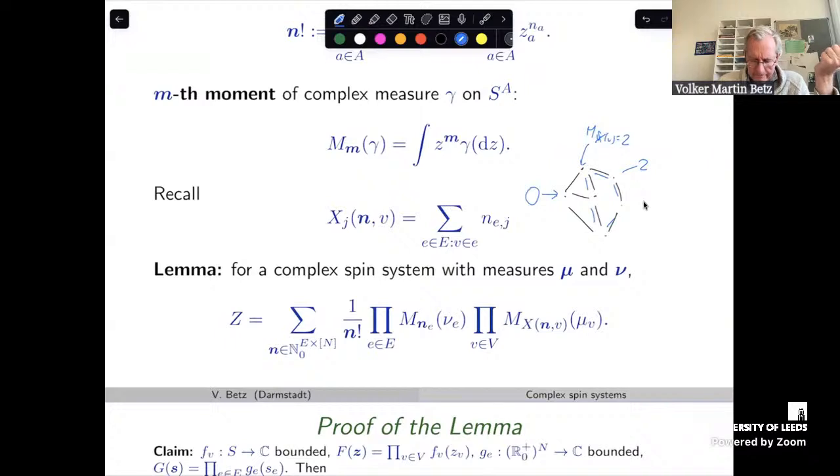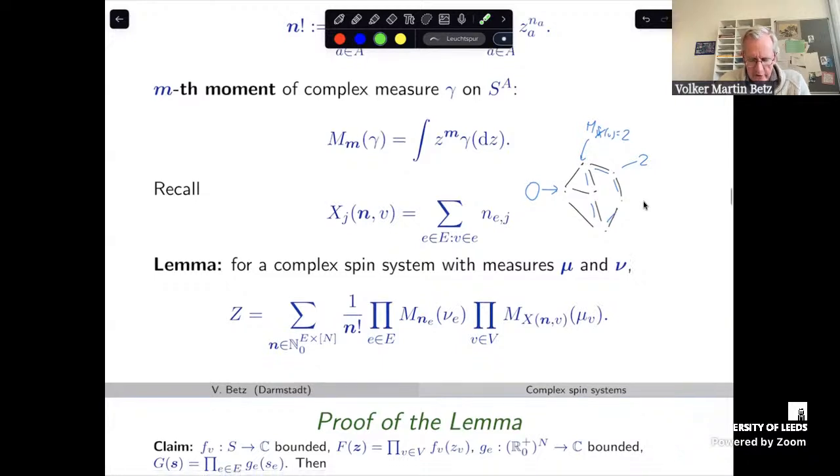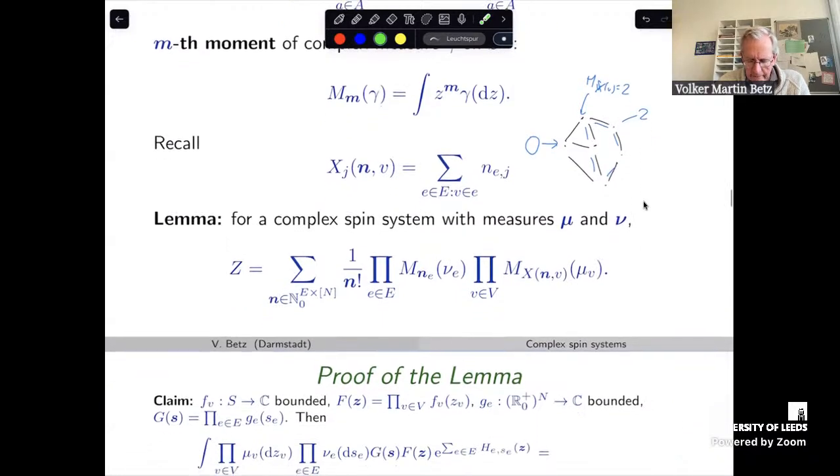And okay, then you can also have this product over the edge moments. But for the moment, let's say this is a big 1. So we can focus for the moment on models where the edge measures are just 1. Okay. And so this is a combinatorial formula somehow for the